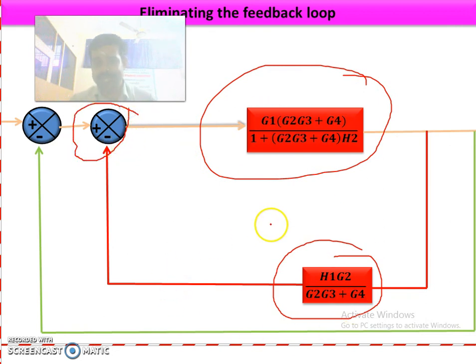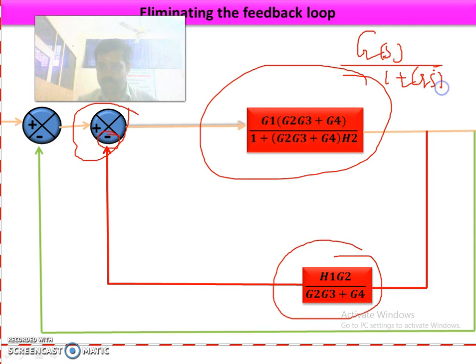All these three constitute another feedback loop, and here the type of feedback is negative feedback. So our reduced transfer function, or reduced gain, is nothing but G of s divided by 1 plus G of s H of s. Okay,